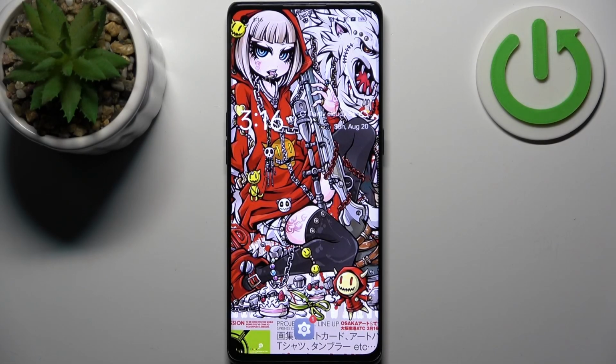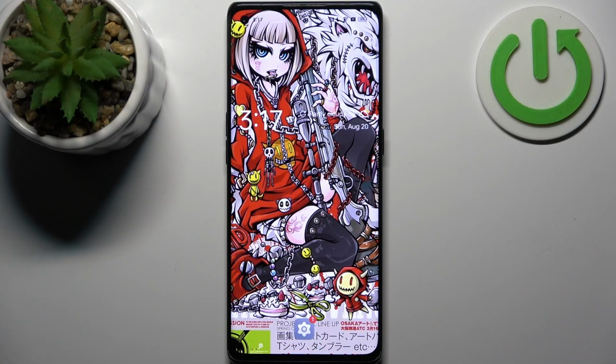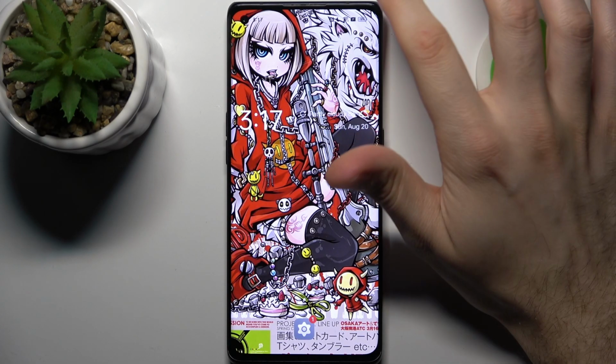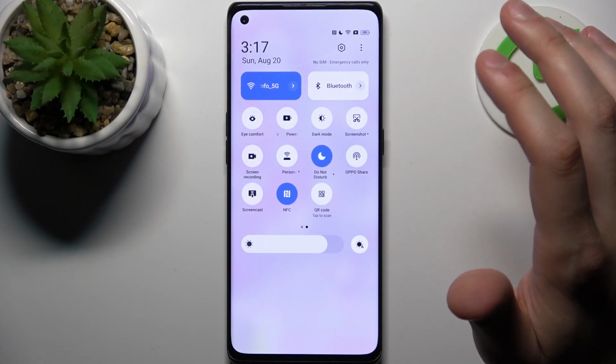Here I have OPPO Find X3 Neo, and today I'm going to show you how to record screen on this device. So to do this, firstly you have to open up your bar, and here you can find the button screen